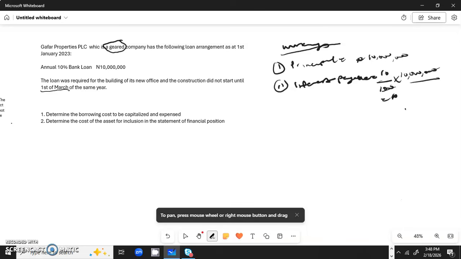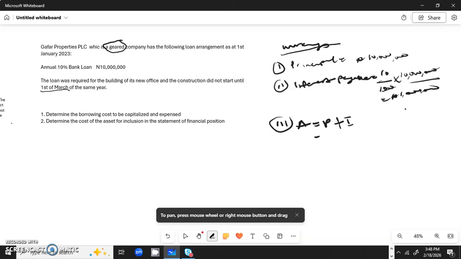So the interest payable is 1 million naira. So at the end of the day, the amount payable